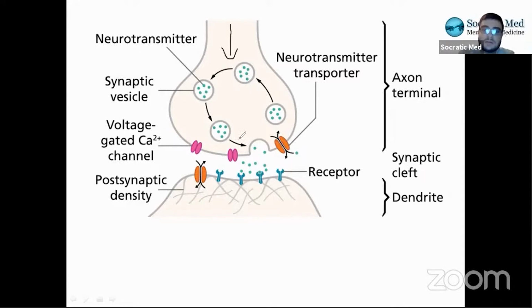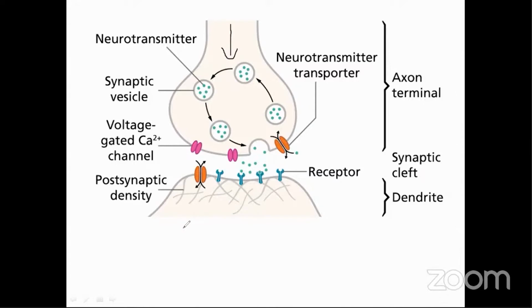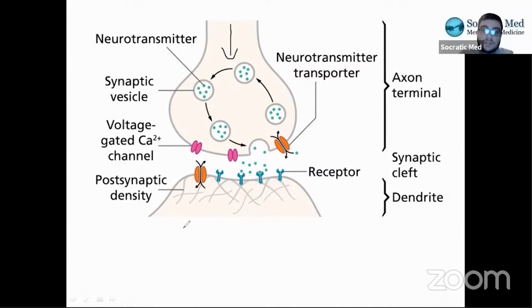When this outside space gets flooded with calcium, this little bubble with these green molecules inside goes from here to here to here, and then it finally reaches the end, and it actually opens and spills its contents out into this in-between space, which is called the synaptic cleft. Right? And this little green molecule is important. It's called acetylcholine, which I'll write down for you in a bit, but it's very important.